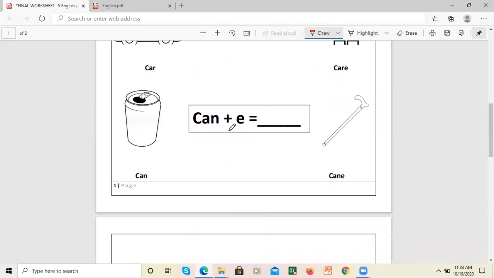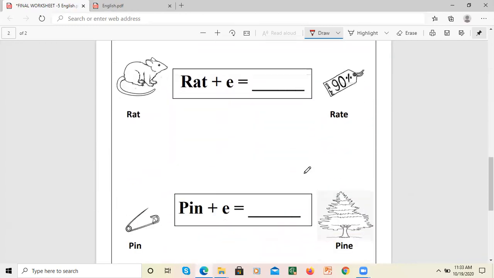Next is can. C-A-N, can, plus E makes the word cane, which is also called as chadi, lakadi. C-A-N-E, cane. Now, can is something that is used to store things, or even if you see cold drinks, right? That is what we drink. In a can, we drink a cold drink. Cane is nothing but a stick. Okay, so do remember this.